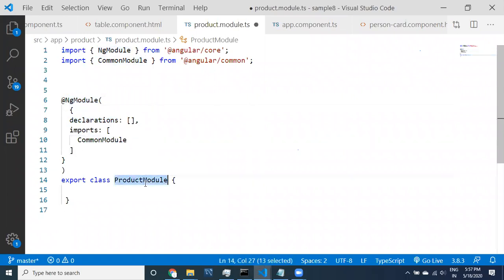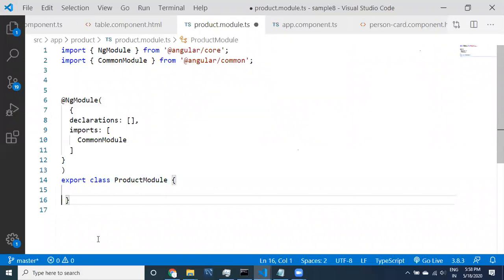To create any module, the class name can be anything. You don't need to write any code inside the module, but the configuration is very important. Of course, if we have any logic inside the module, you can write it, but generally we'll have no code inside this product module.